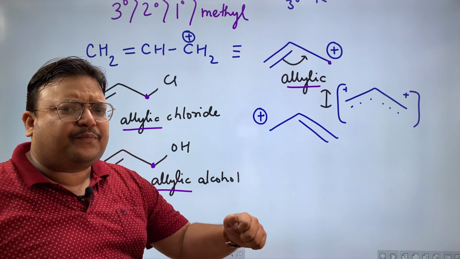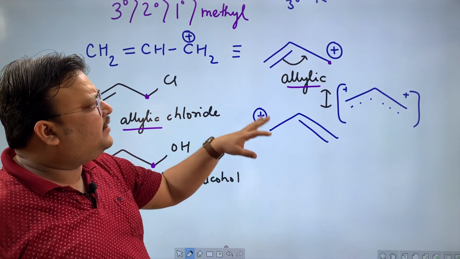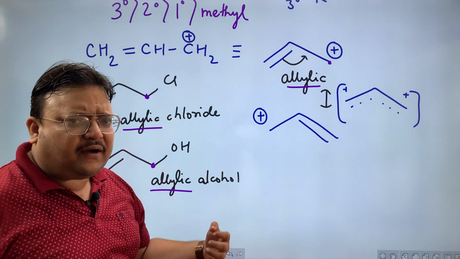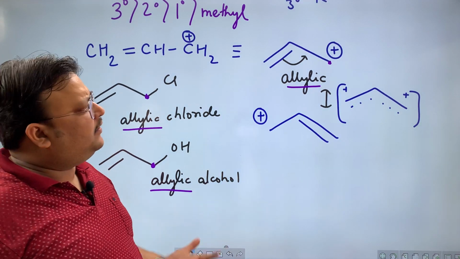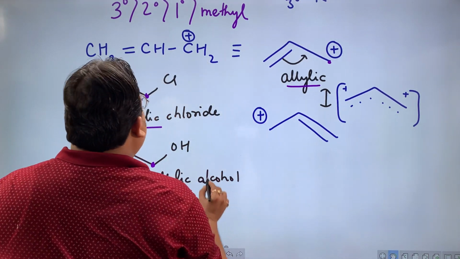Inductive effect में सिर्फ पुलिंग पुशिंग होता है. रेजोनेंस में पूरा बॉन्ड उठ के वहां पर चला जाएगा. You will want to copy everything. You will want to learn these fundamentals very effectively. And once you know about allylic carbocation,